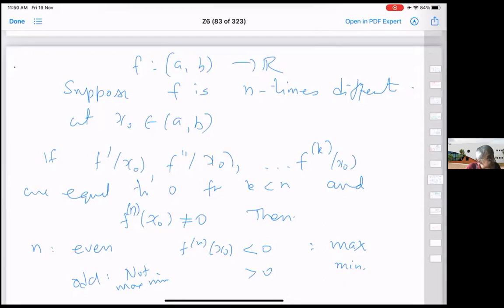If at all, by induction, we will need to do induction on k, where we are looking at if up to 2k all are 0, and then we are saying what happens up to 2k plus 2. Yes, sir. So we'll have to do induction on k, where we are looking at up to 2k terms, because otherwise, with the even-odd issue, writing an induction hypothesis will not be easy. Okay, sir. So this is a way it can be done, but we can straight away write it down and take the two cases, n even and n odd, rather than bringing in induction. But yes, it can be done. Okay, makes sense, sir. Thank you.